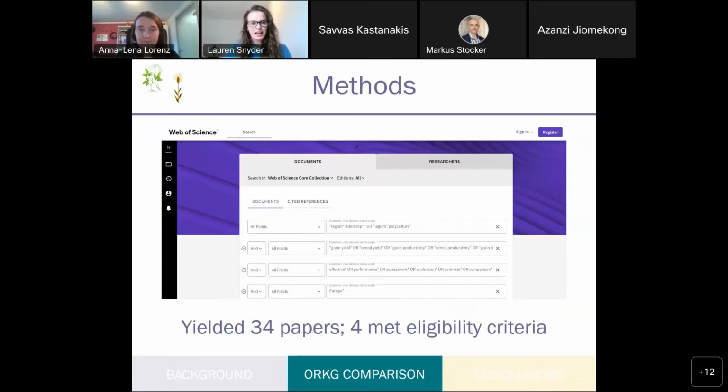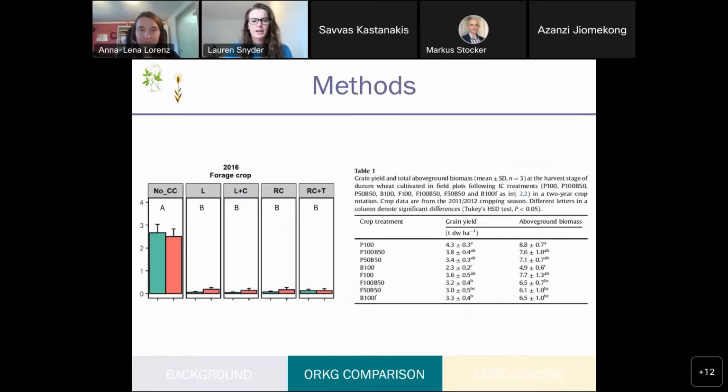So to identify the papers to be included in the comparison, I conducted a literature search in the Web of Science, and this yielded 34 potential papers, 4 of which met my eligibility criteria, which are described in more detail in the comparison. But I do want to just take a moment to highlight one of the key reasons I had to exclude papers. And this was because if a paper included quantitative data in a figure, it's hard to